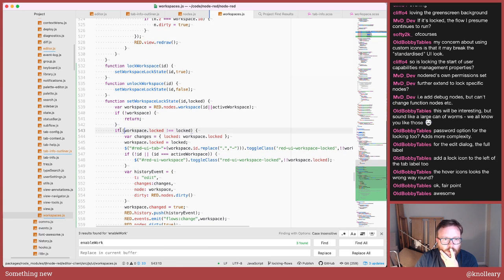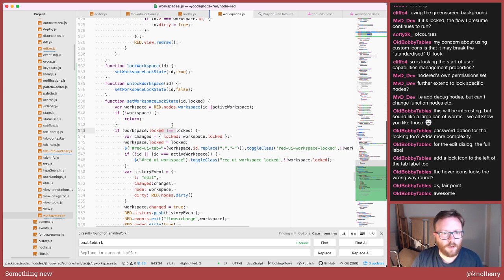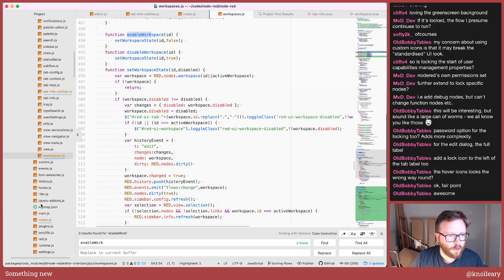So it's this line here. What's going on here is it's saying, well, you've asked me to set the lock state to a particular value. We're doing a strict comparison. What's the current value? Now, if you recall, we spent time making sure that workspace.locked isn't defined, rather than have it set to false. So in fact, rather than fix it here, what I'm going to do